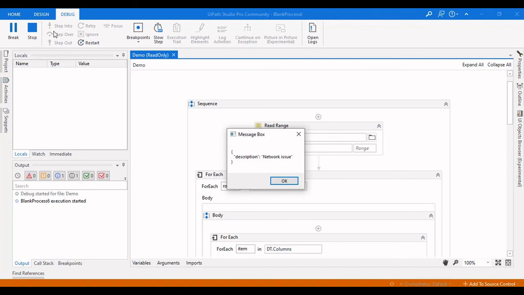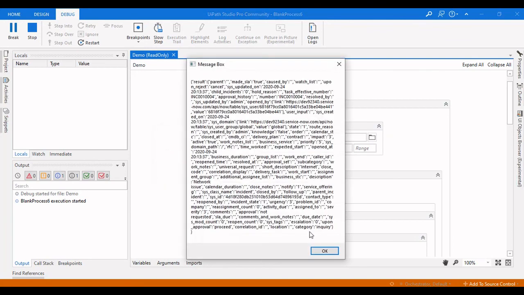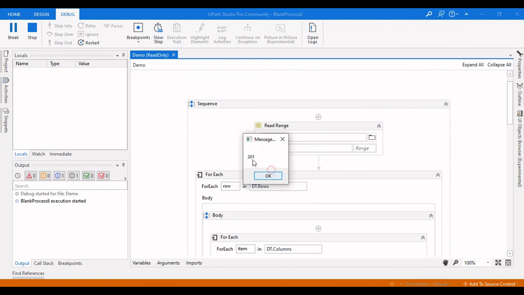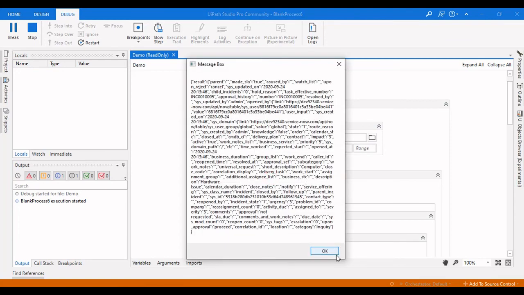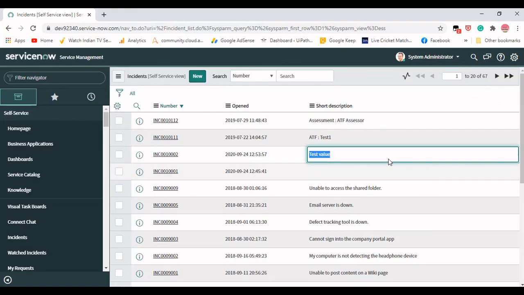So here is the first JSON, and click on OK there, and this is the JSON file that is created, and you can see it is successfully inserted into the ServiceNow, and this is the result. And this is the second record which is present in the Excel file, and it is also created. So this is the result, and now let us go back and check that here.